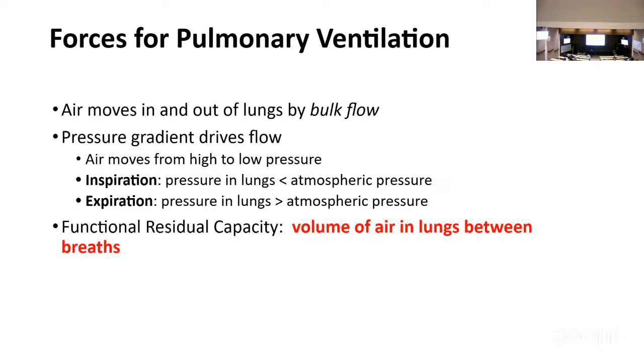Like if you go, you can feel that what you've had to do is build pressure inside your body, build it so much that it's more than the pressure outside you so that you can move that air out, right? So that's air moving down its pressure gradient from where we have higher pressure to where we have lower pressure. Okay. So the difference between inspiration, so inspiration is breathing in, and expiration is breathing out when you're exhaling, is